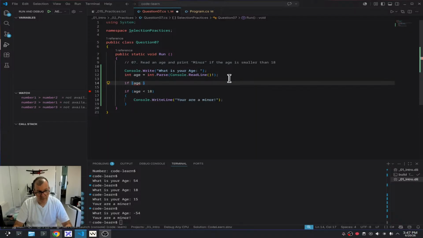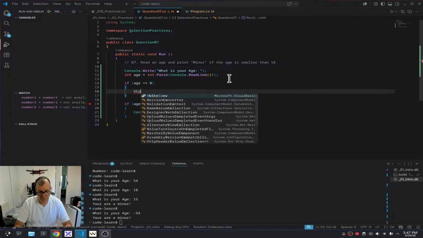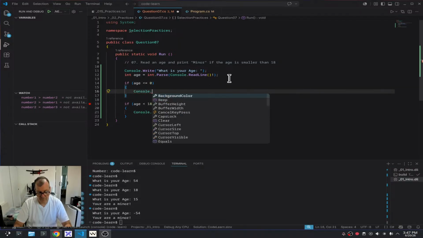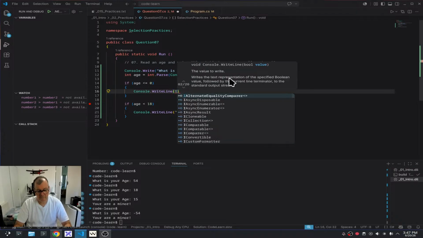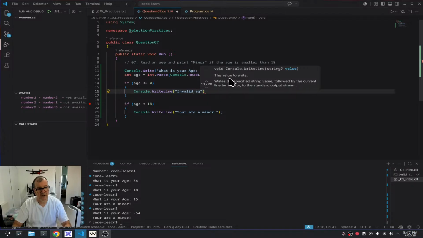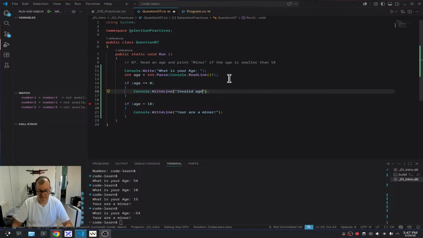age is smaller or maybe equal, no one has age 0, we could say console dot WriteLine, invalid age. Age has to be a positive value. I will copy this here as just the